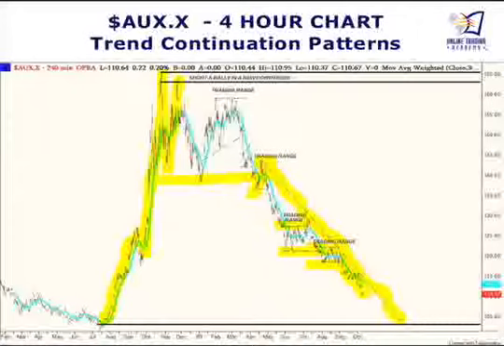Stage 1 accumulation, stage 2 uptrend. We had a nice big stage 3 top, a lot of volatility here, and then we had a stage 4 decline, which is very close to completing the entire cycle. So these patterns here are what we call trend continuation patterns, basing and breaking out to the downside. So it's important that you understand that. And as long as you understand that and you realize that if you do trade in a trading range, there's the possibility you could break out to either side, we have strategies in the options that you can use to do that.